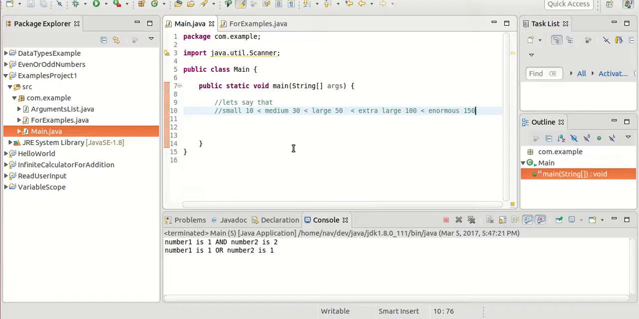Okay, let's say that something with a value less than 10 we're going to consider small, and something with a value less than 30 but above 10 we will consider to be medium, and a value between 30 and 50 we consider large, and so on and so forth,